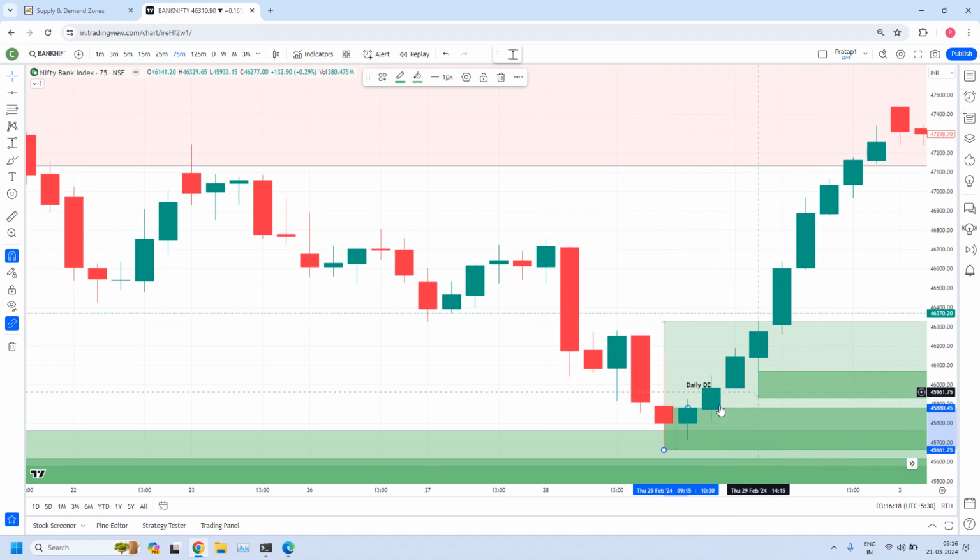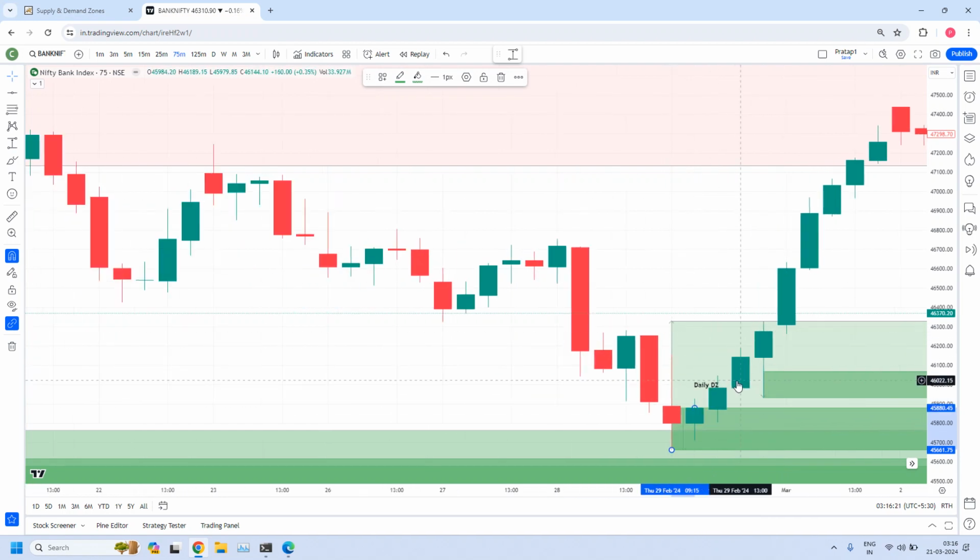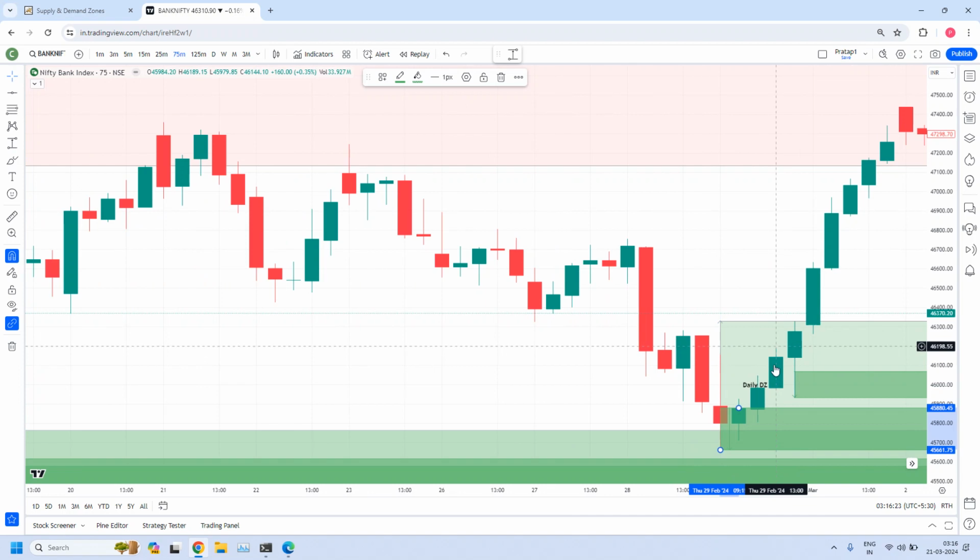Came just below. But anyway, here we have a leg candle. If you want to compromise, you can still consider this a leg out candle. It's a compromised leg out. But after that, you should have a good follow through. This is the way you can also draw the zones. But only if you are an experienced person should you do this. Otherwise, don't do experiments. Unnecessarily, you will get into trouble.